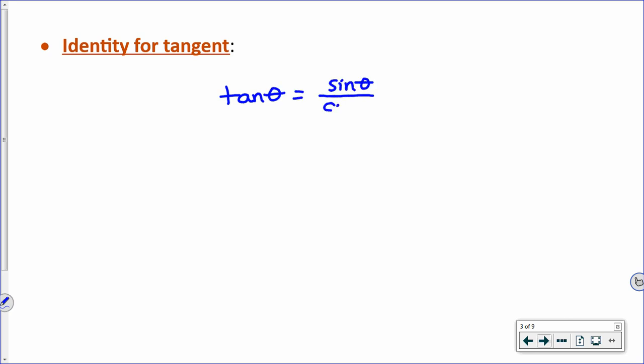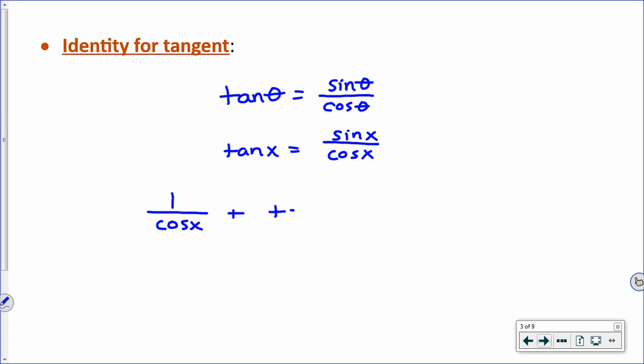And that theta is just an unknown angle, so often when we're solving equations, it's actually x. So that would mean you can replace tan x with sine x over cosine x. This is just another way of saying exactly the same thing. And again, you would use it if you had a tangent in the equation and you didn't want to have that tangent. I'm going to write a possible example, though you wouldn't actually get an example like this on the test. But if you had something like this and you were attempting to solve it,